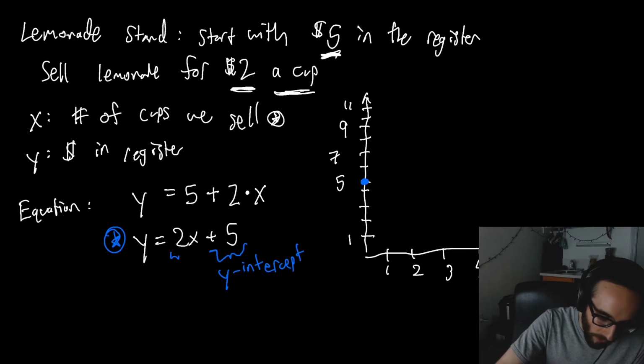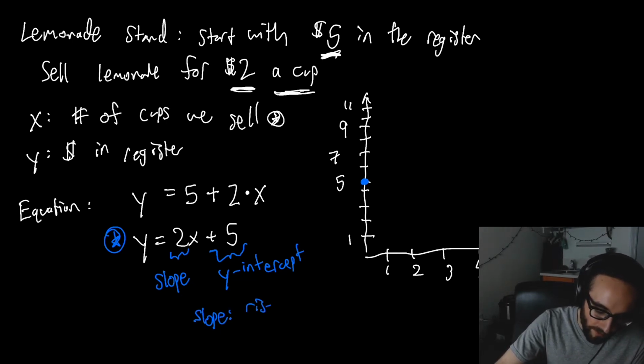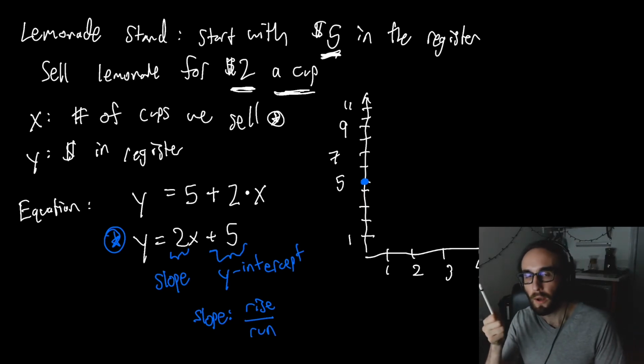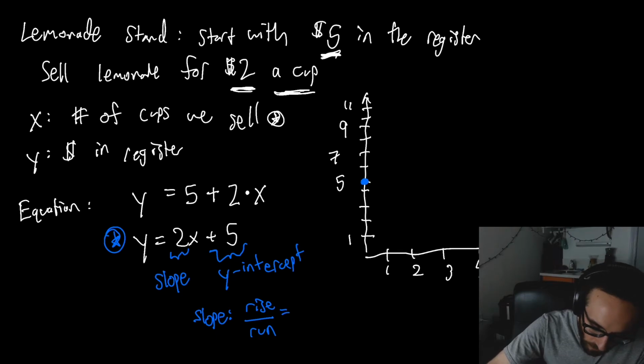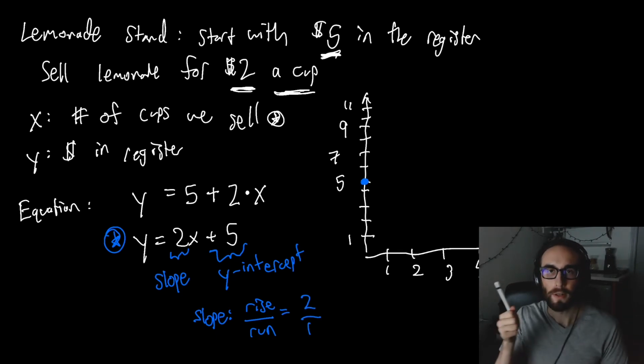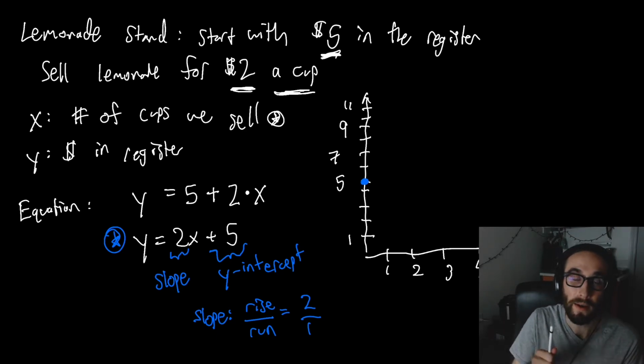The number in front of x, in this case 2, this is our slope. So slope is rise over run. So how much do you go up on the graph each time you go 1 to the right? In this case, we have 2, which we could also write as just 2 over 1. So we go up 2 to the right 1, and then that's how we find some of the other points